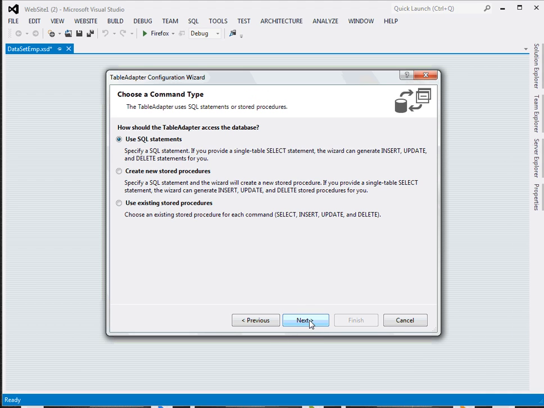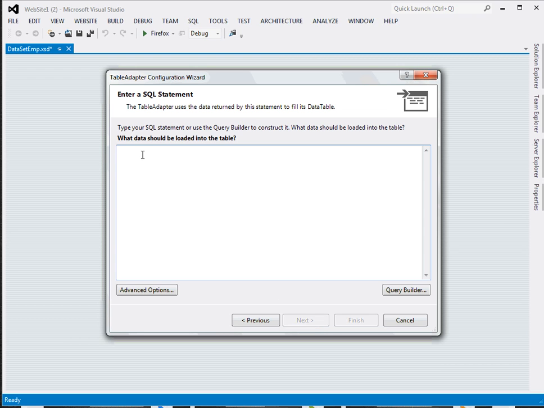That's fine. Next, how should the table adapter access the database? There are three options. Use SQL statements, or you can create a new stored procedure, or there is another option, use existing stored procedures. So I'll go for the simplest one, use SQL statements. Next, here I can do two things. Either I can use the Query Builder option to build a query, but because the query is very simple, I'd like to write